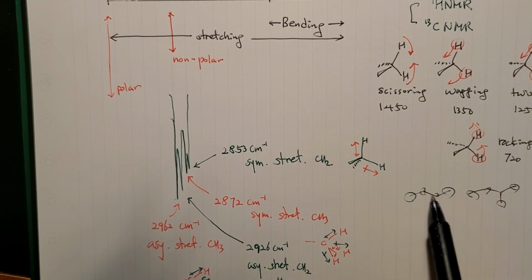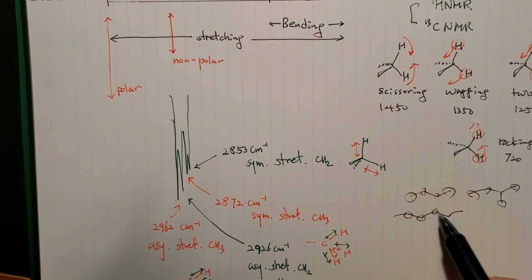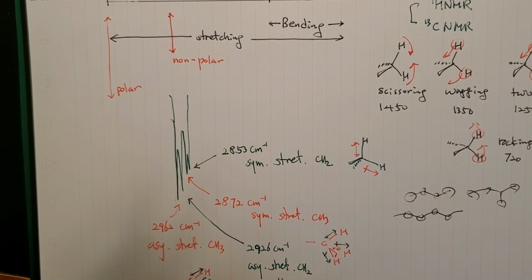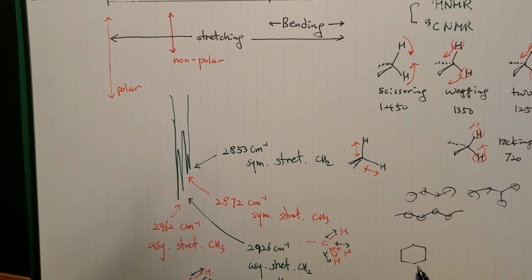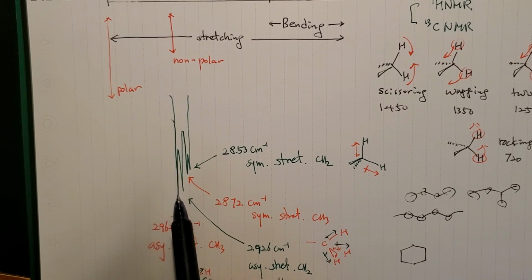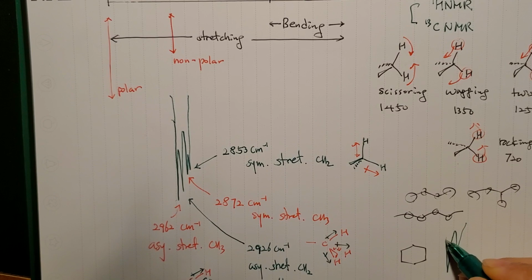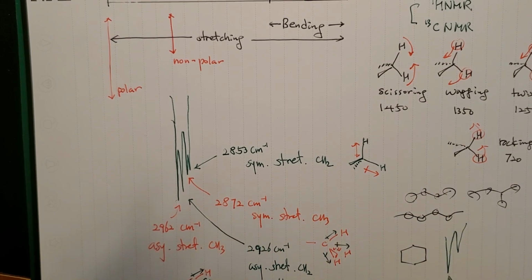If you have more methylene, as you make the chain longer, right, there are more methylene, then the methylene-related peak size will increase. So the shape changes. That's what you can expect. But say you have a structure like this, you have no more methyl-related peaks, so this and this will disappear. Therefore the signal will be simplified to something like this, and this one at the lower end of the